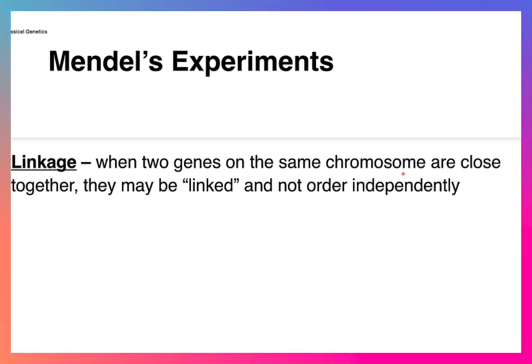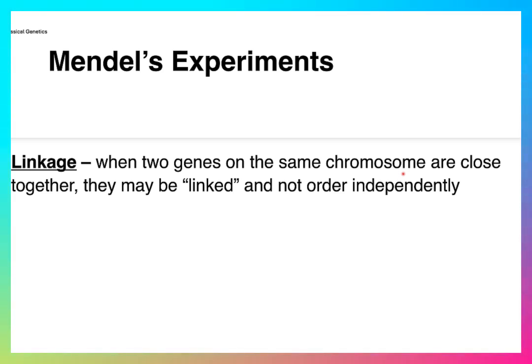Now there are, of course, some exceptions to what I just said. One of those exceptions is if 2 genes are very close to each other on the same chromosome, sometimes they may be inherited in a linked fashion. This linkage occurs in reality. It doesn't occur in these typical situations that I'm showing on the slides. So they're not entirely independent. For the purposes of our quizzes and tests, you should assume that everything is entirely independent and that the law of independent